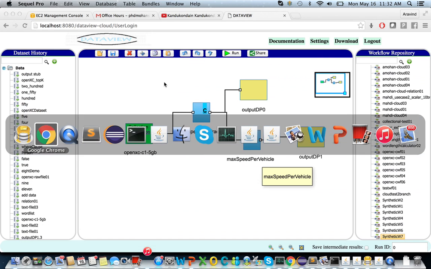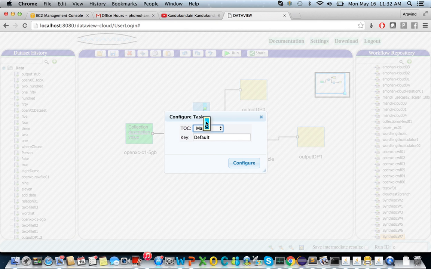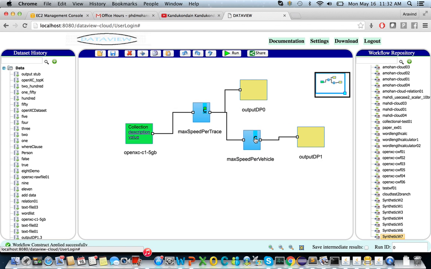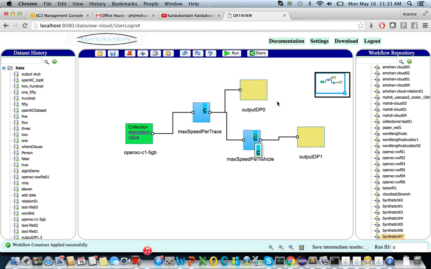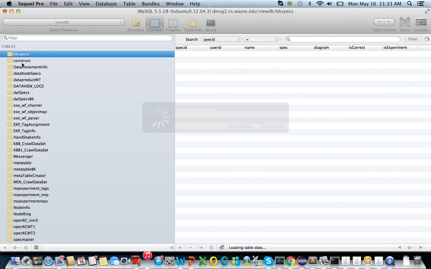Okay, so now I'm going to reapply the map construct on this task. So I'll just click map and click configure, click OK, and then I want to apply a reduce construct on this task. So with the partition key as a vehicle, and then I will click configure again. Okay, now let's verify in our table just to make sure